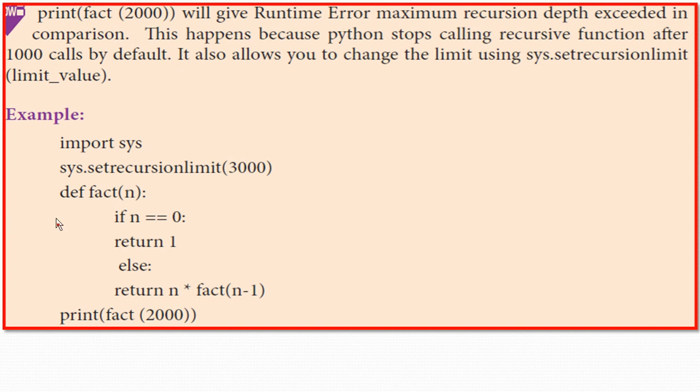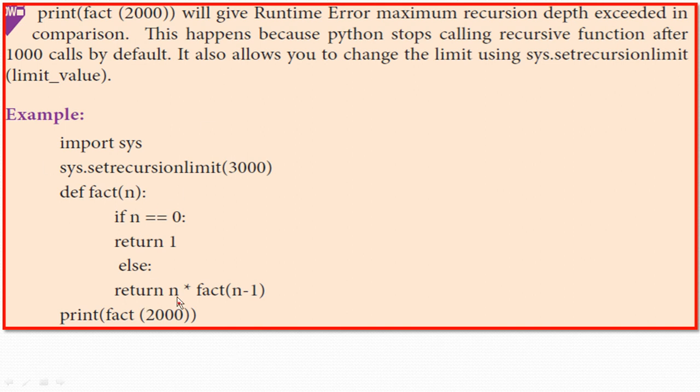To extend this limit, we use the statement import sys and sys.setrecursionlimit to 3000. So we can call the function 3000 times. In this program, fact of 2000 means 2000 calls are made at runtime.